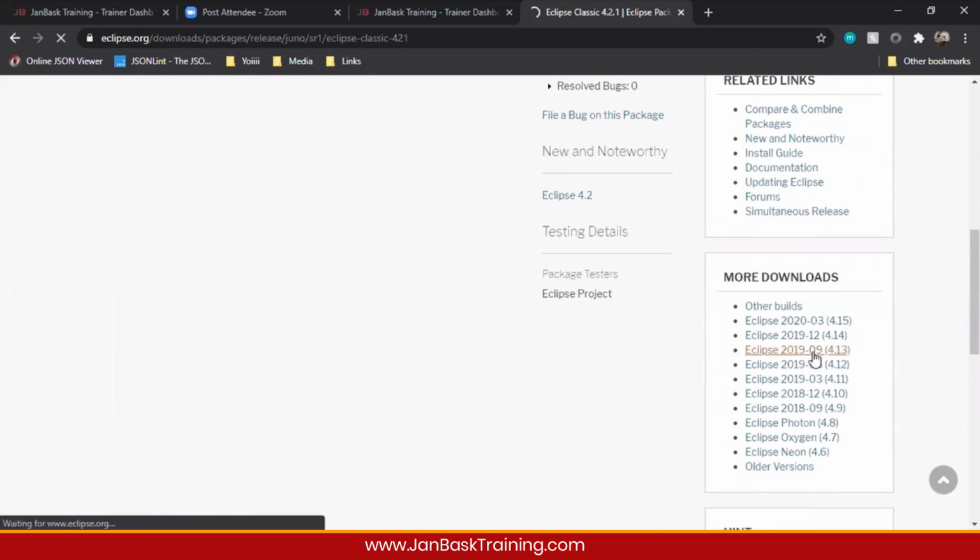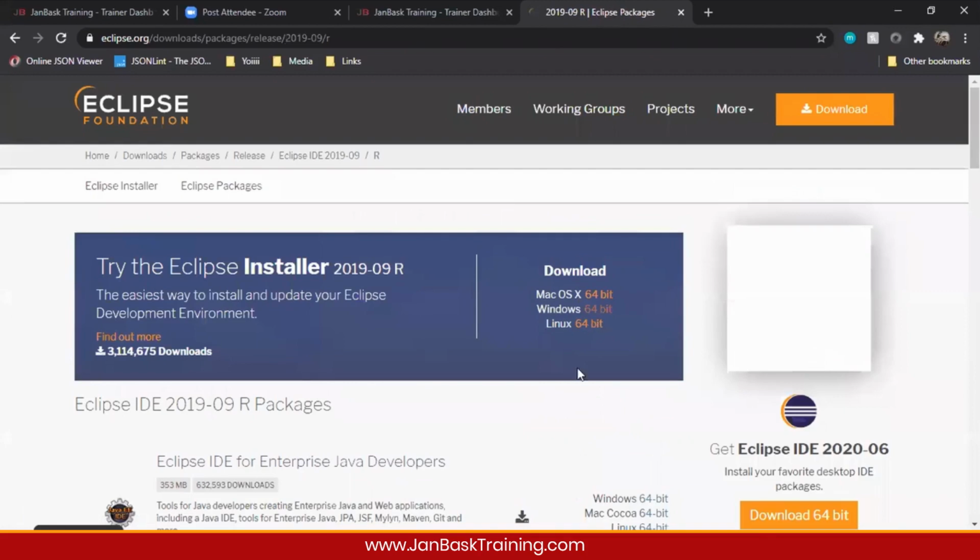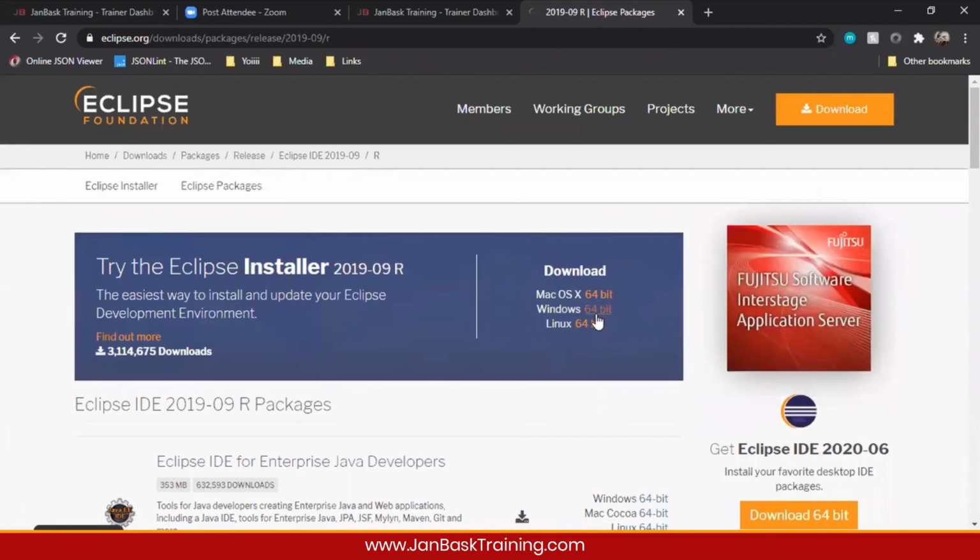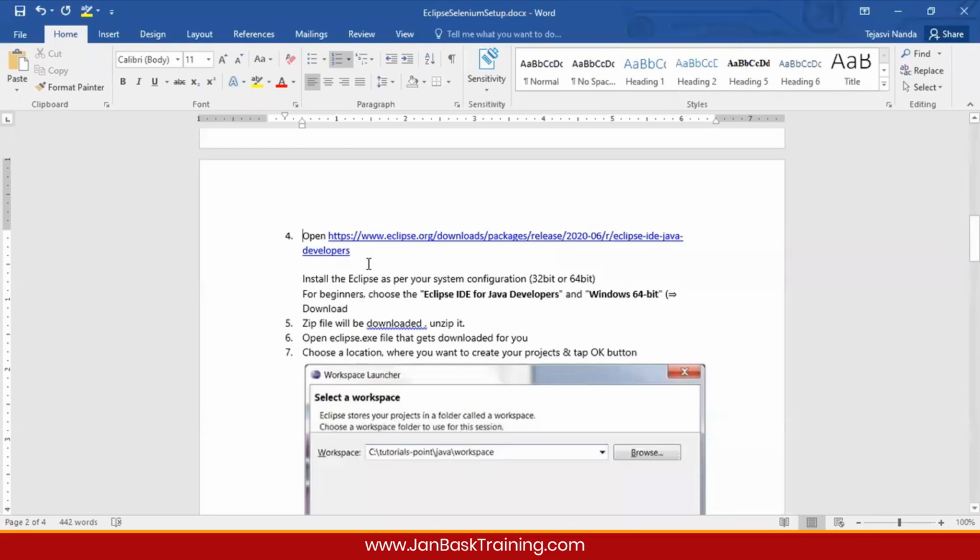I'll give this link. Download the setup from this particular link. So you'll see a button over here. Download the Windows setup. That's 64-bit since my system is 64-bit. Download this setup. I'll just replace this link now. I hope you're all fine working with an older version of Eclipse. Nothing to do with just the version, because the newer versions get some new features and that's not stable right now. So when I was trying to work with the newer version yesterday, I was getting a number of errors.